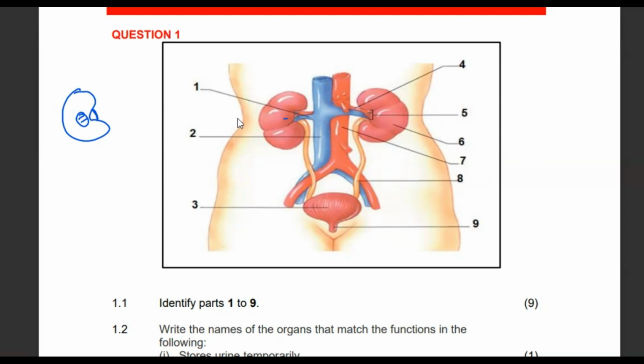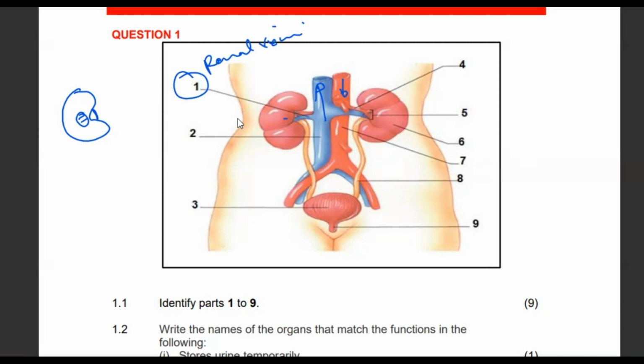When it's blue, it means that it's taking blood away; it is deoxygenated. When it is red, it is bringing blood to the organ, so it's more oxygenated. So number 1 is going to become the renal vein. Number 2,